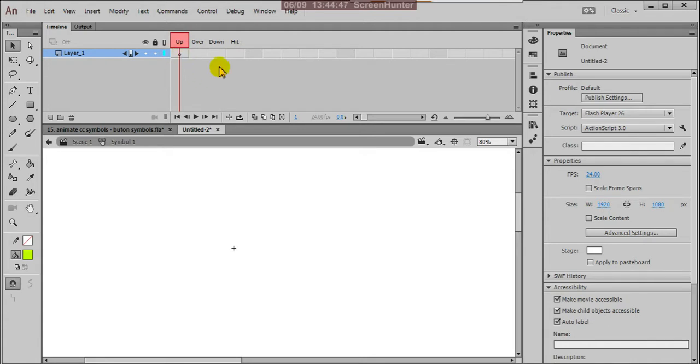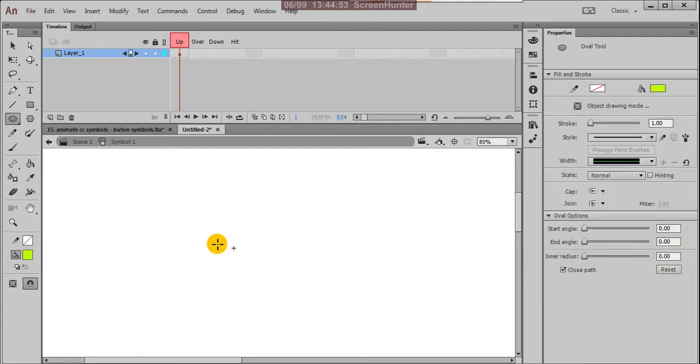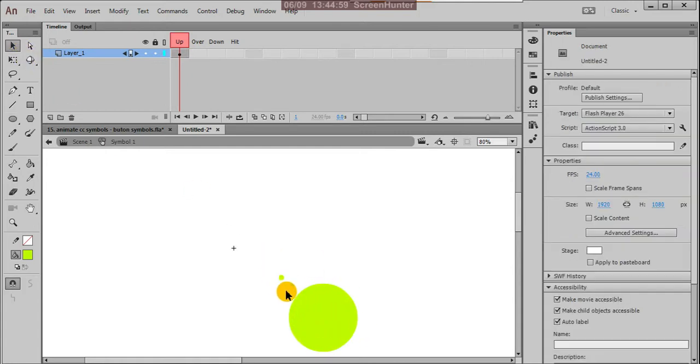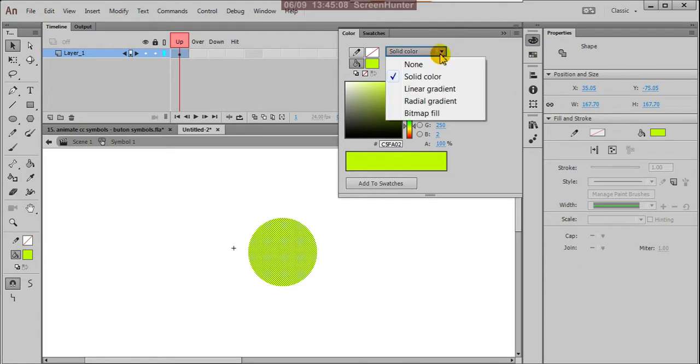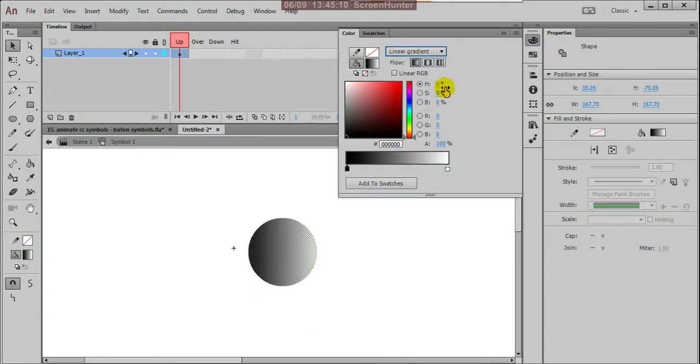Suppose at the hit area there is an empty keyframe showing. At that area I'm giving one circle. This is my circle, and here I use a radial gradient.